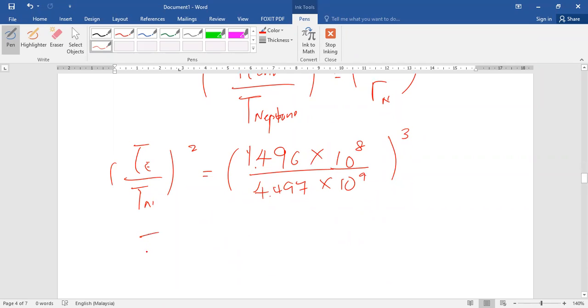So at the end, T E over T N will be equal to